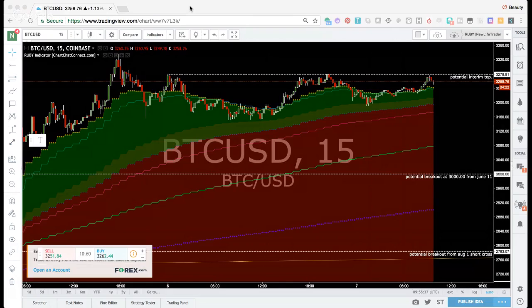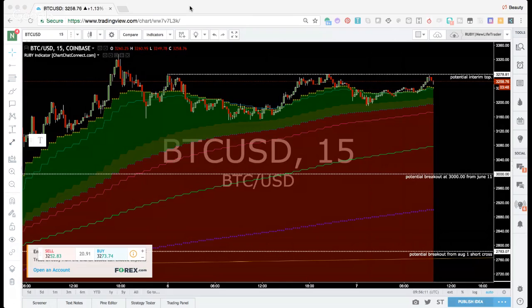We have our primary chart, which is the BTC USD Coinbase chart on the 15-minute. We'll go ahead and I'll give you a little bit of a lay of the land. We're still in a Ruby long. Means that the trade is still long. Of course, we've come off of our 35.55 high. I can't be certain that that's exactly what the high is. It's all right, though. We established a potential interim top as the trade started to take a little bit of profit, find the 8 was over the close, and that's why we put that interim high.